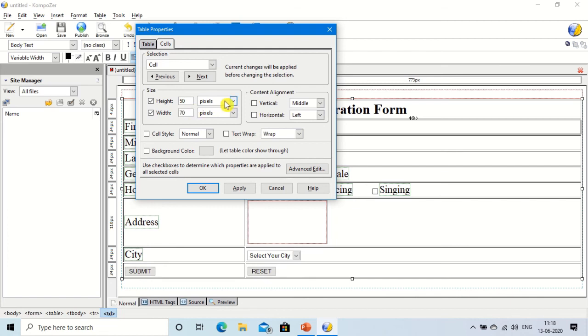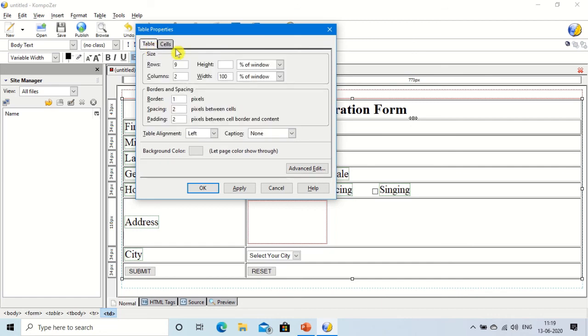So maximum is 100%, you can give as per your requirement. And I want to align this table in the center, so I will select alignment, center.